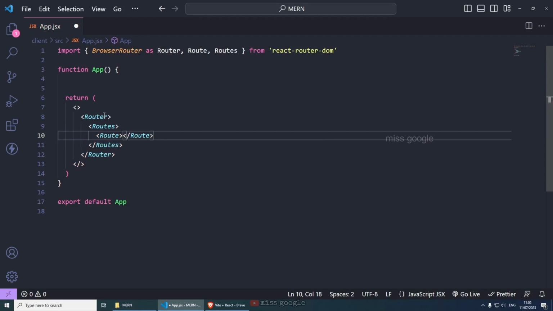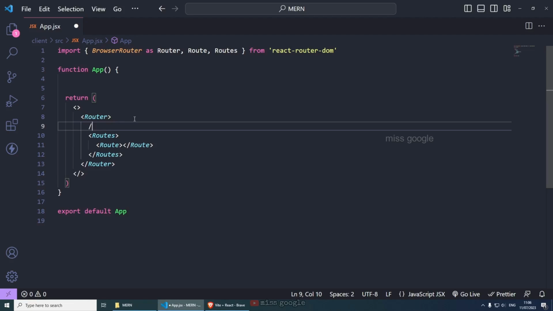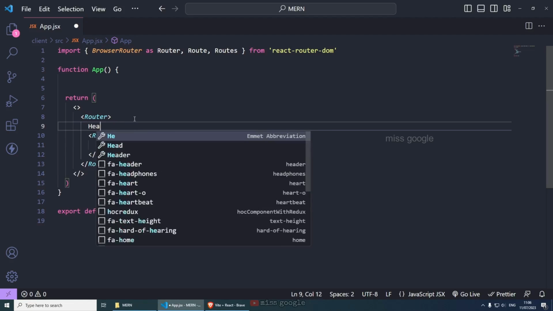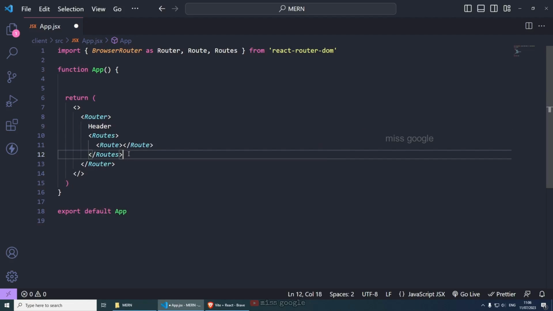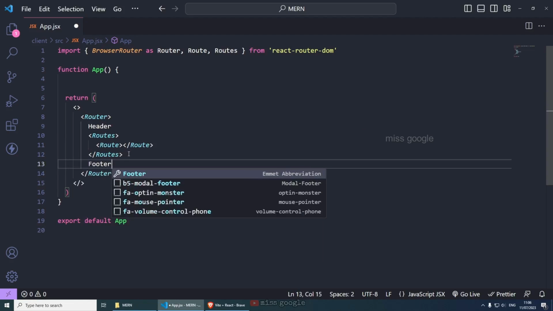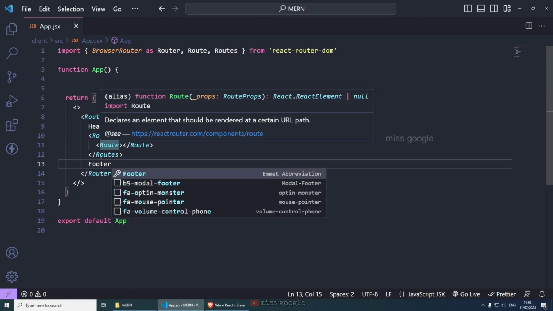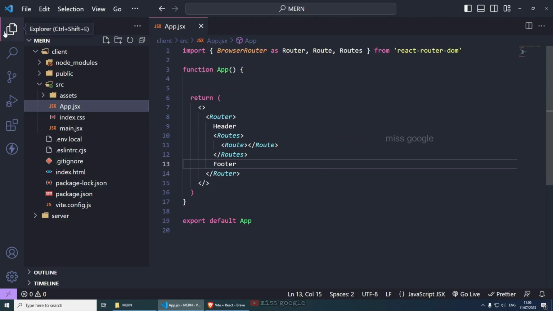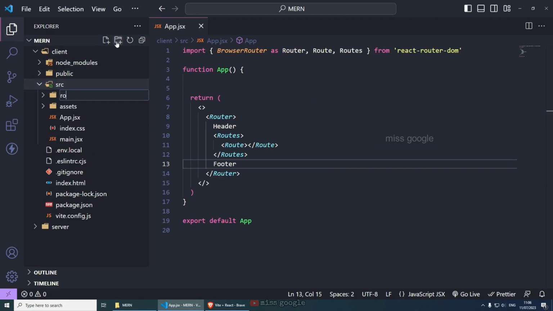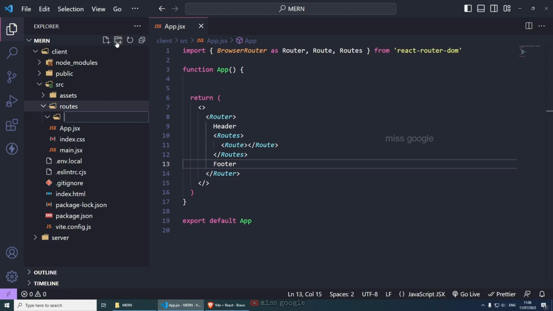We obviously need to create a route before we finalize this, but also outside the Router, we're always going to have a header, and we're also going to have a footer, like so. So let's start by creating our first route, and we're going to do this by going to source and then creating a new folder called routes. Inside here, we're going to create a new folder called home. And then inside this folder, we can call our file